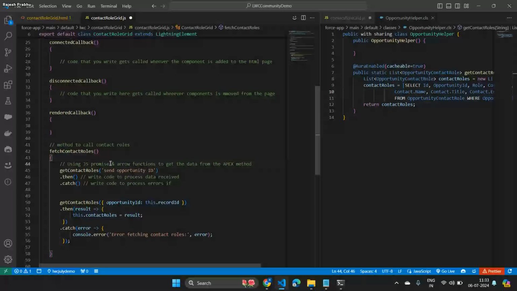What I'm doing is I'm just trying to get the result. If I have a bunch of contact roles, it's going to come and then sit in this result. I'm just simply going to assign that to a property. So what I don't have now is contact role. I copy this contact roles. I'll just say